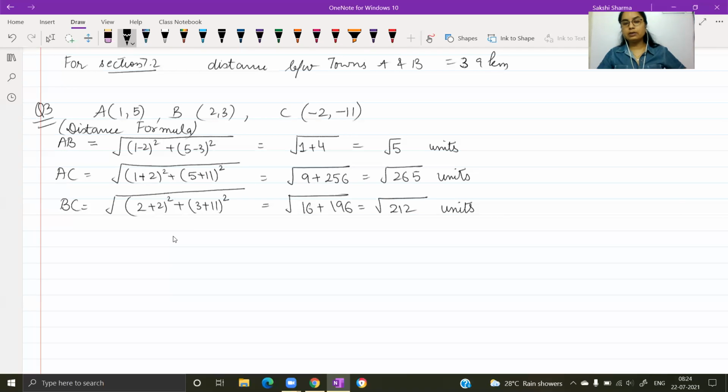So right now the values we have, see if these can be converted into simplified surds, and then you can check, or you can look at the approximate values of these. 265, I don't think it will be simplified. The factors you get, do they exist in pairs or not? No. So just give me a quick approximation for these, and then we can check if the sum of any two becomes equal to the third one.